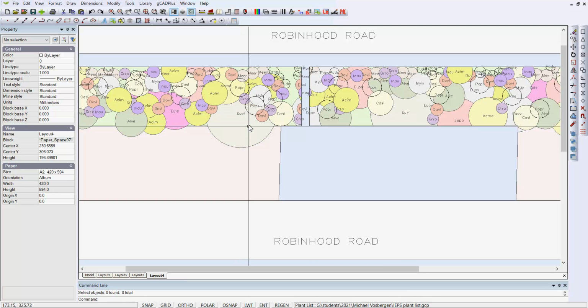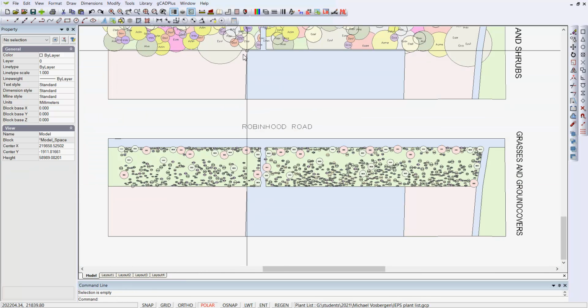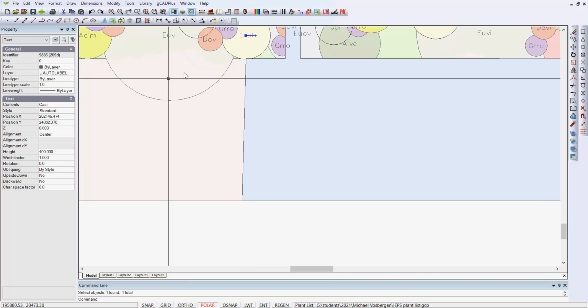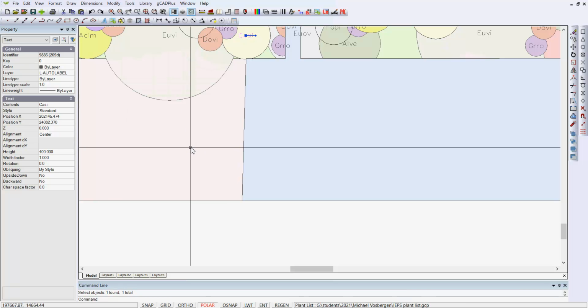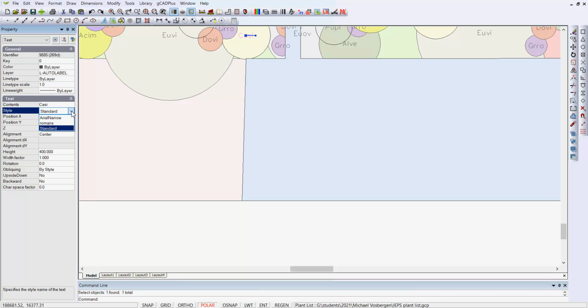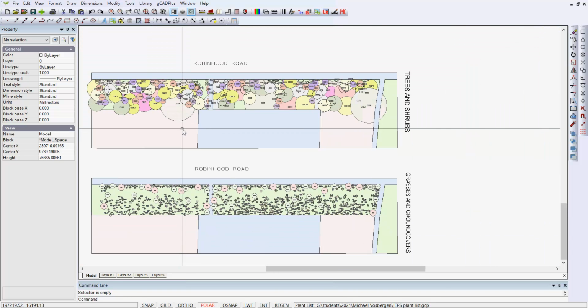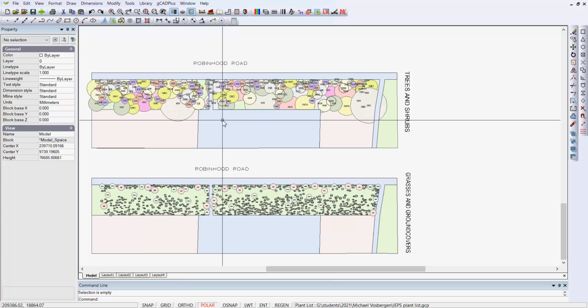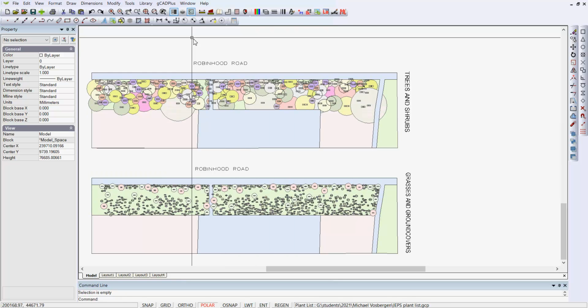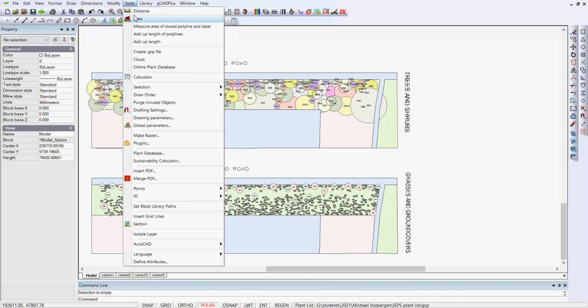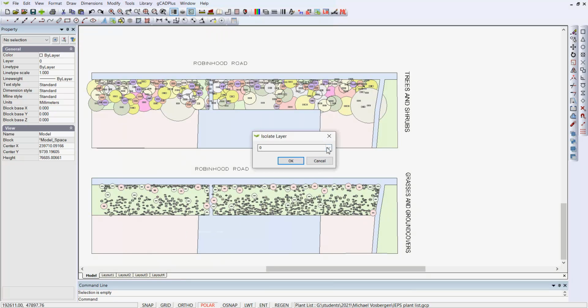If we select the piece of text, notice that it's on that auto label layer, and color is being inherited by whatever the color of the layer is, and it's in a style called standard. You might want to change that to, say, Arial narrow, and now the text stands out just a little more, but you'd have to isolate all the text on the auto label layer. Let's do that. I'll just save again, being cautious. Let's isolate that